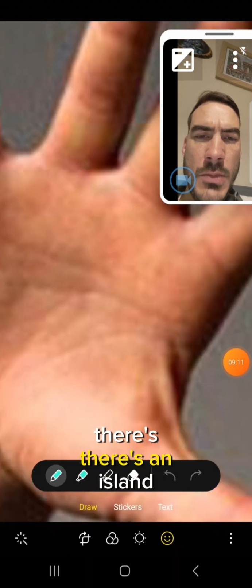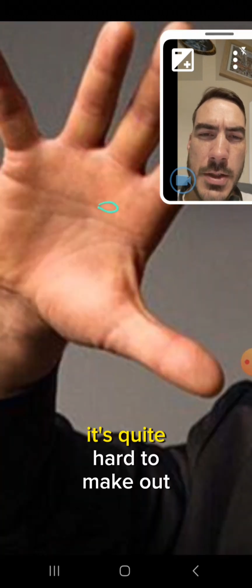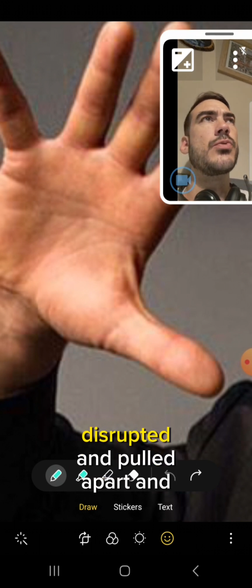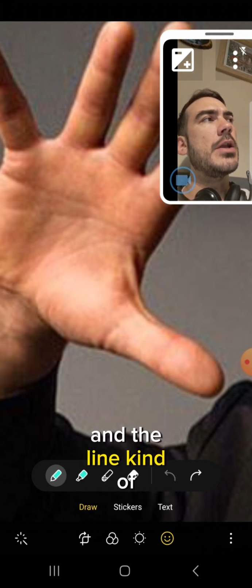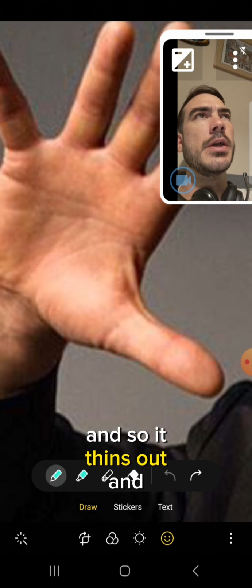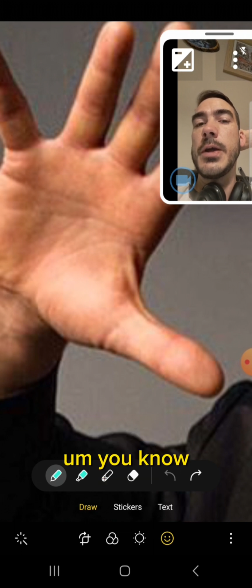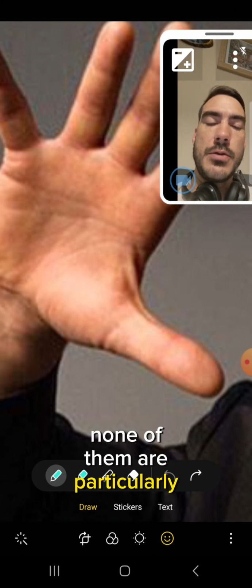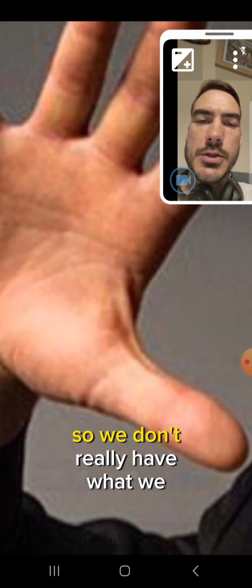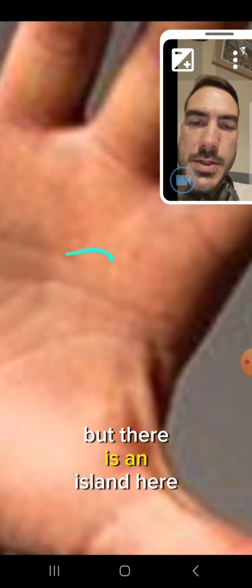There's an island right here. You can see it just about there. It's quite hard to make out, but it's faint, and that's because the energies are disrupted and pulled apart, and a bubble is placed in that line, in that flow of energy, and so it thins out. With these poor images that you see online, none of them are particularly taken with detail of the hands in mind, so we don't really have what we need, so it's hard to see, but there is an island here,